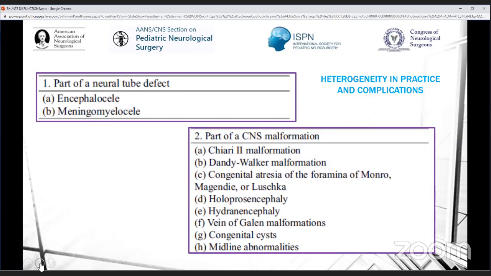These malformations or alterations include those that are part of a neural tube defect. As we know, the encephalocele and myelomeningocele are associated with hydrocephalus, and the other ones are part of the central nervous system malformations like Chiari 2, Dandy-Walker malformation, and all their variations. For example, we know that the Dandy-Walker malformation has a lot of associated malformations. And there are others like holoprosencephaly and lissencephaly, which have a bad